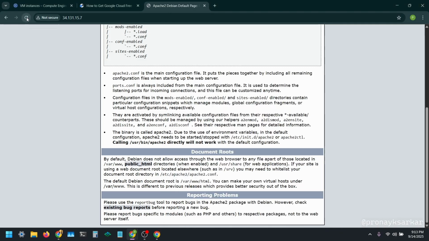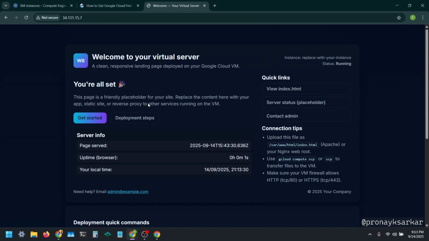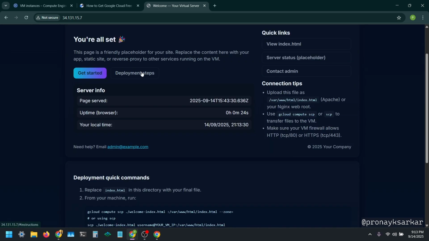Now we are going to create an index.html page again. Now refresh the page. You see our new web welcome page. Welcome to virtual server, a clean responsive landing page deployed on Google Cloud Virtual Machine.